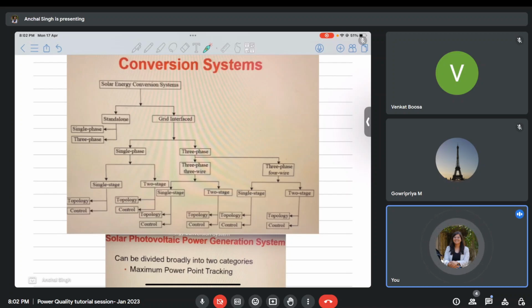So sometimes it might be possible that the two-stage ones are cheaper because they are manufactured by a big player in the market, and single-stage ones are costlier because they are manufactured in very few units. That might be the reason for the popularity of two-stage ones. That also happens. So you cannot always make a blanket statement, because there is a rule that if you increase the number of equipment produced, then you can reduce the cost, right? That rule always changes what we think and what actually happens in the market. Okay.